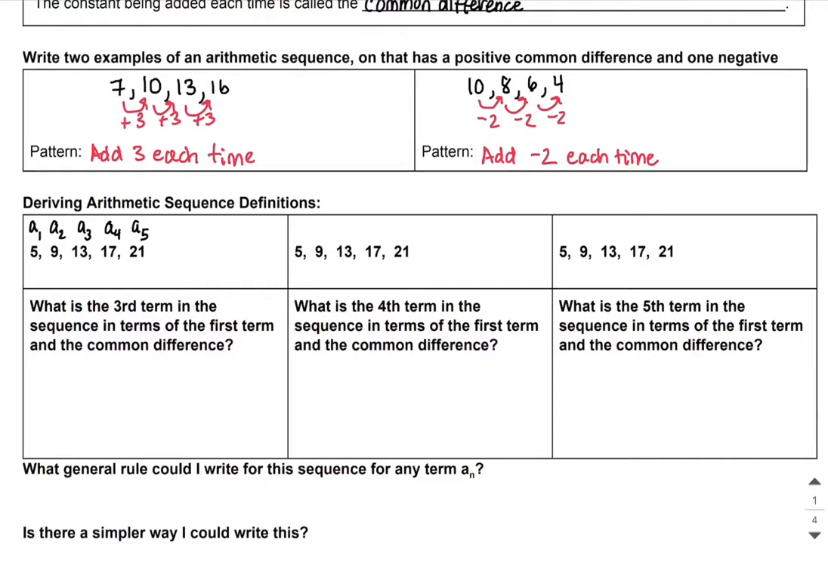So what is the third term in the sequence in terms of the first term and the common difference? First thing I want to do is write a sub 3 because I'm talking about the third term. So the third term, a sub 3, which is 13. I want to talk about it in terms of the first term and the common difference. The first term that I have there is 5. So I could say a sub 3 is 5